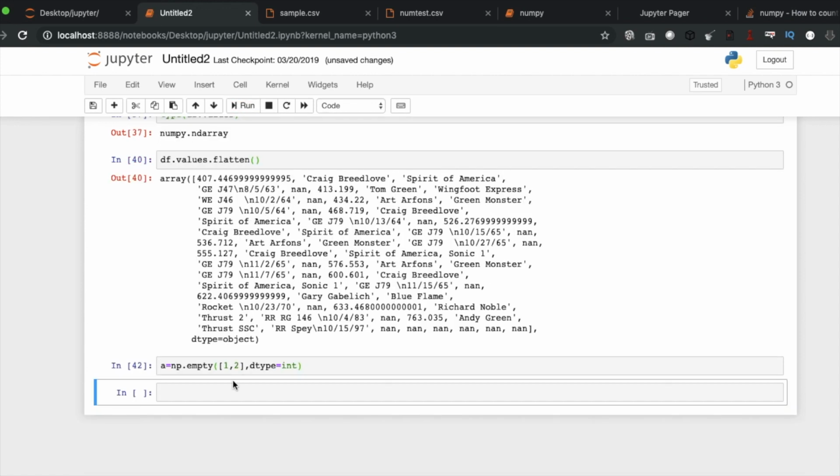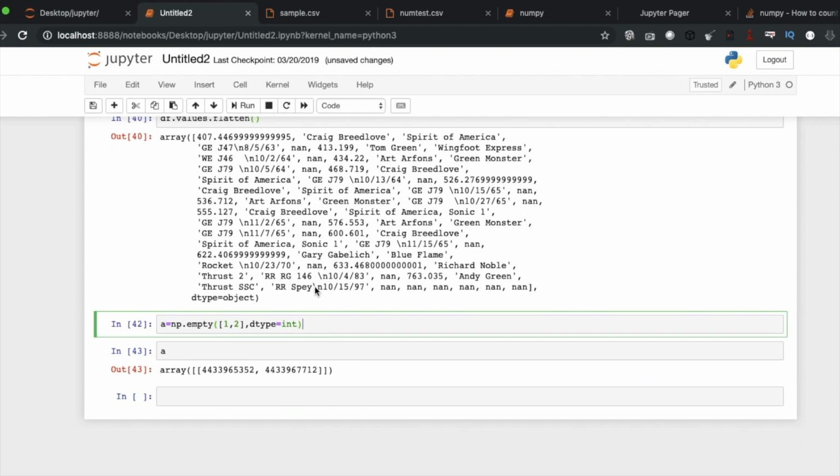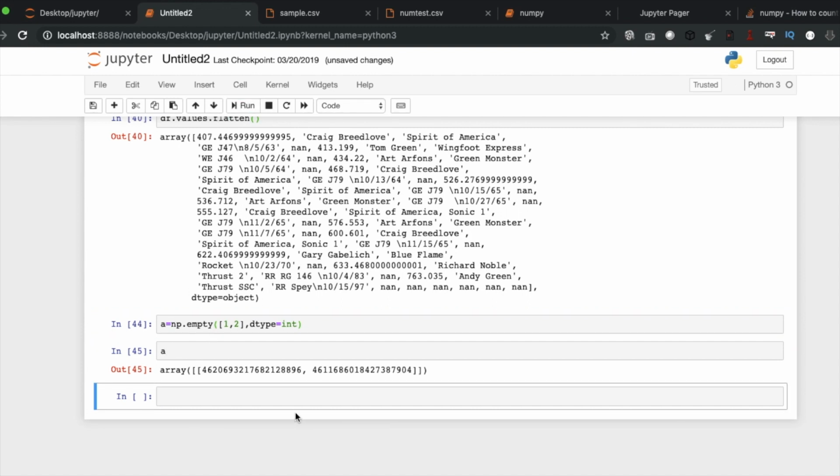Let's try this one first. Okay, this kind of integer value, don't worry about that.